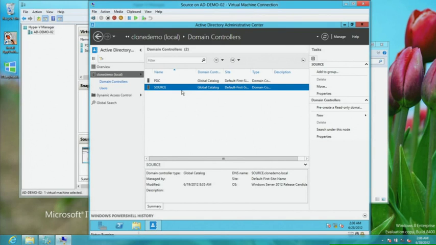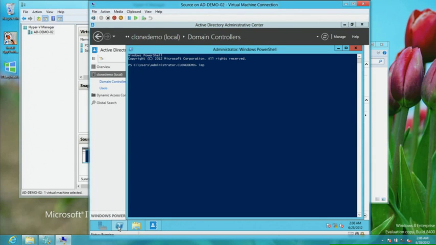And that's all I have to do. Now let me open up a PowerShell window. Say import module Active Directory. All right. So now the first thing that